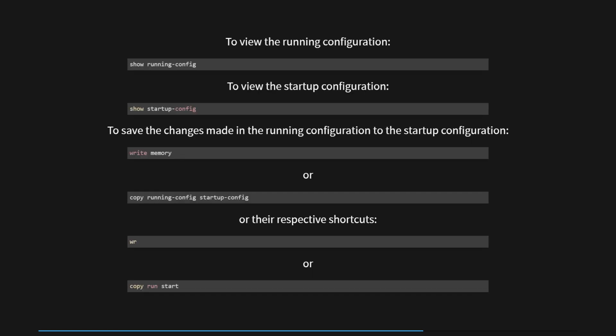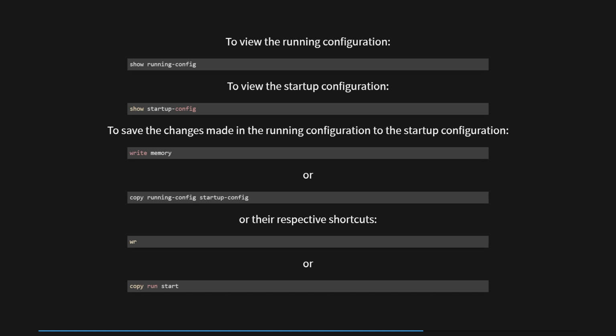Cisco devices maintain two configuration files, the running configuration and the startup configuration. Running configuration. The running configuration represents the current configuration actively being used by the device. It reflects the changes made during the session and is stored in the device's memory. The show running-config command allows users to view the running configuration. Startup configuration. The startup configuration is the saved configuration that is loaded upon device startup or reload. It is stored in non-volatile memory, NVRAM, and persists across device reboots. The show startup-config command displays the content of the startup configuration file.